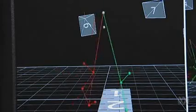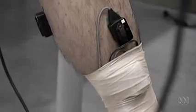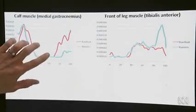So then what happened in the next part of the experiment? Moving on to your muscle activity. The two muscles that we tested were the calf muscle and the muscle on the front of your leg. Now, if we look at the calf muscle first,